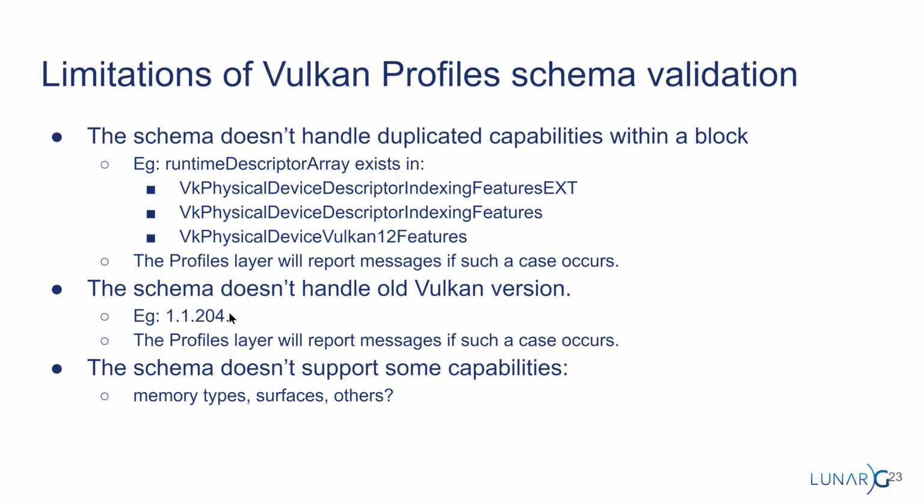Another issue, which is equally as important, is that, for example, MoltenVK, which is the implementation of Vulkan on Mac, only supports Vulkan 1.1, but it still implements the 204 header. So it would be nice if we could say use Vulkan 1.1 and it will report an error if we use a feature that was introduced into core Vulkan 1.2 or core Vulkan 1.3. But actually we can't because